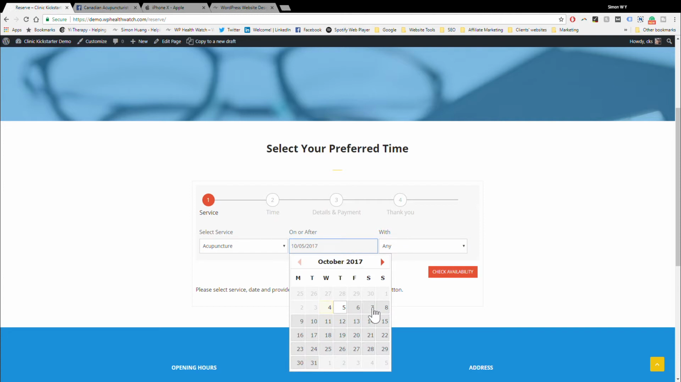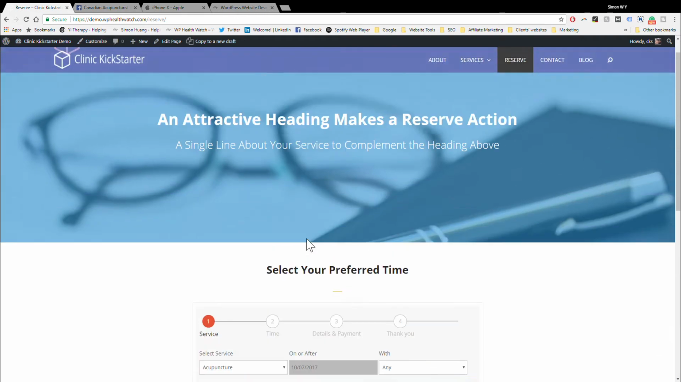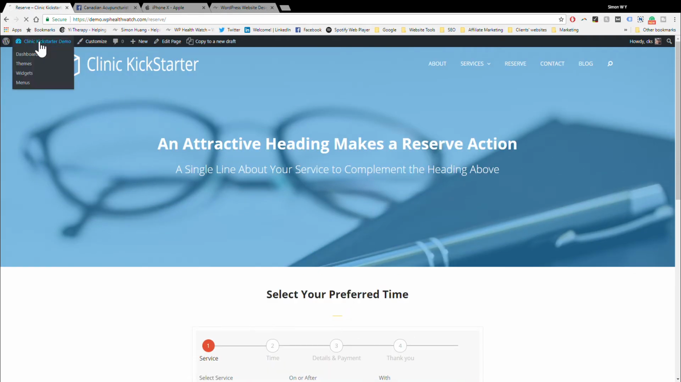So here you can select the date, check availability, let it load, provider, any. Nothing. Okay, so here we've got some problems. Everything is logical to the computer. So what you want to do is go back to the dashboard, click on that,